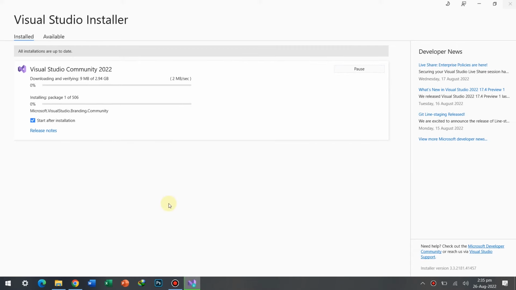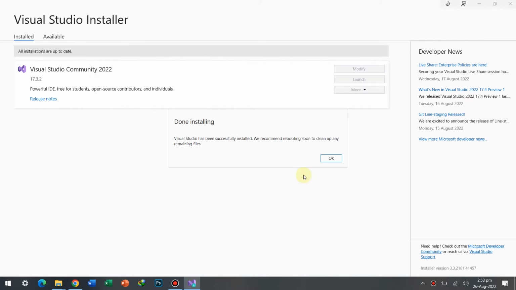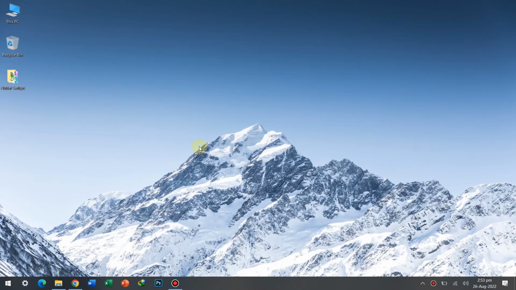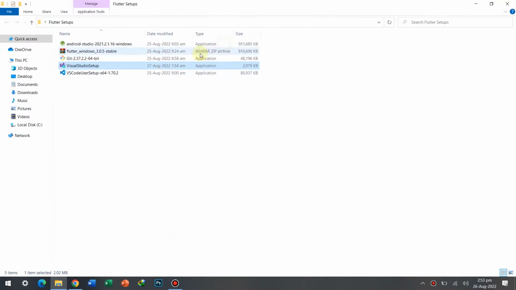Just wait until the process is completed, and this may take time depending on your internet connection and the processing power of your system. So the setup for the Visual Studio Community 2022 has been installed. Just finish that one off, and so once it is done, now we move on to the next component,